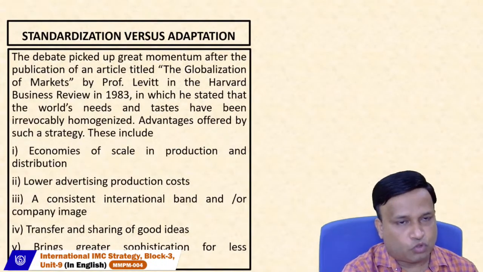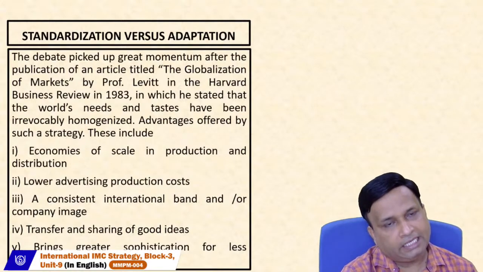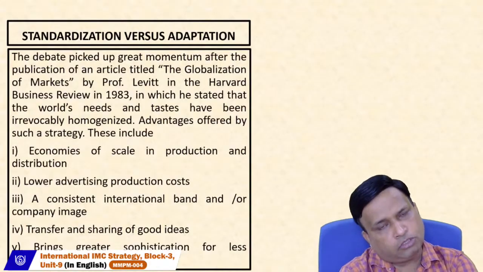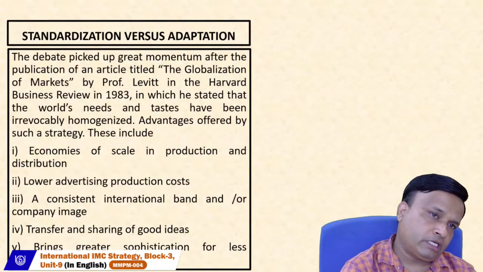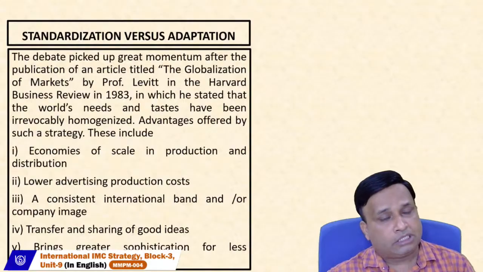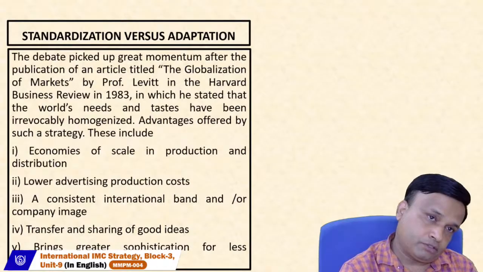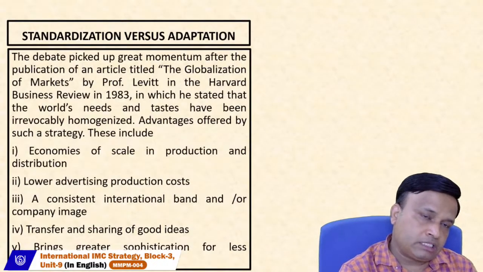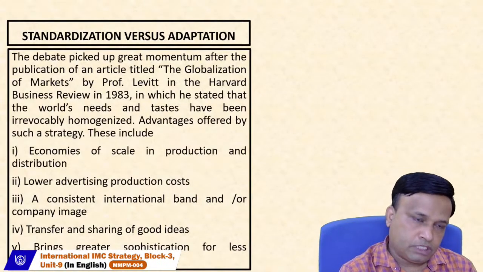When you're talking about the Apple iPhone, a high-tech, high-end, premium product, most premium products go for a standardization approach. Why? Because people have different perceptions as far as COO, country of origin, is concerned. If you use a standardized approach, people perceive it as an international product. It has different means, different requirements.